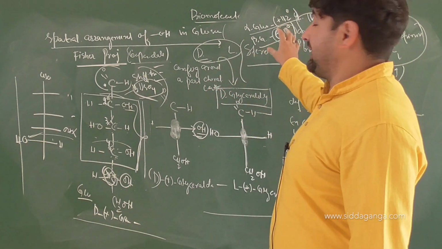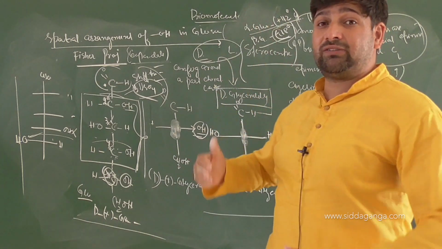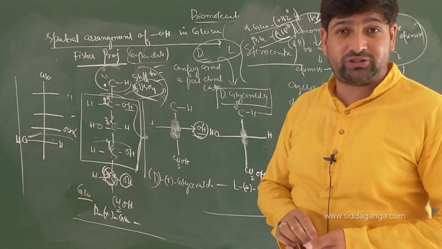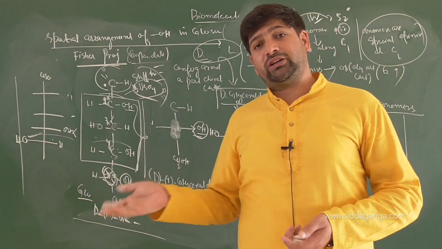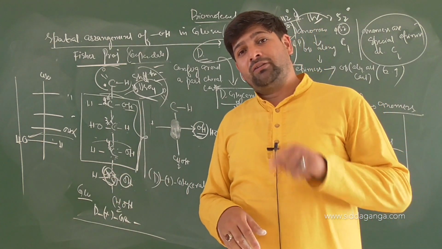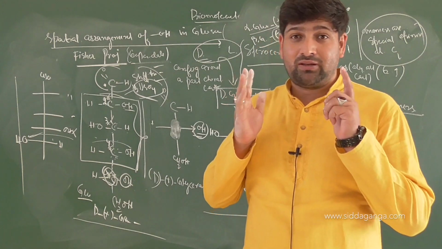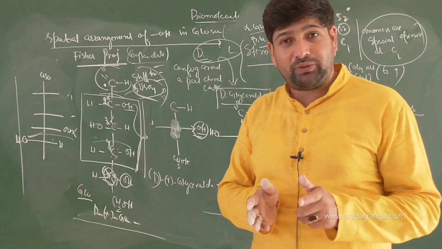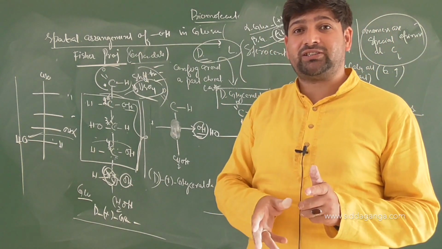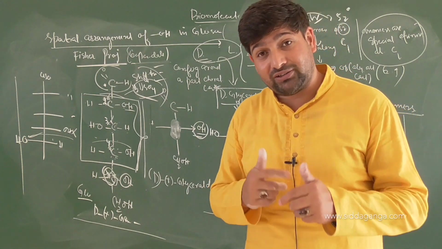Change in the net optical activity of a substance spontaneously with the passage of time, we call mutarotation. So alpha from 112 decreased to 52. For beta from 18 degrees it increased to 52. So there is an equilibrium optical activity coming into play. This change can only come into play when stereo centers are also changing.